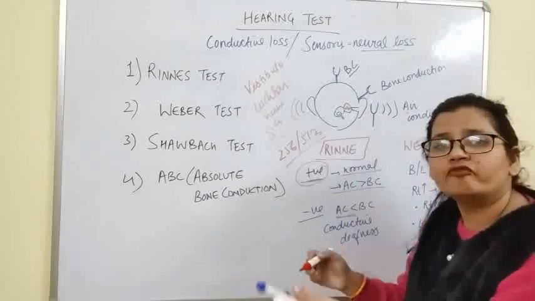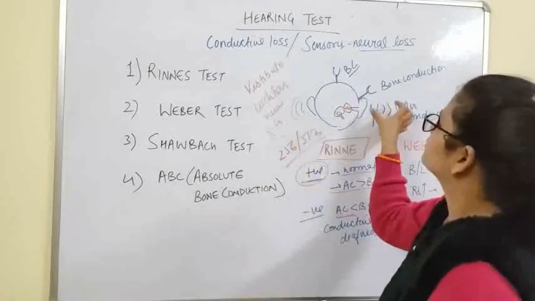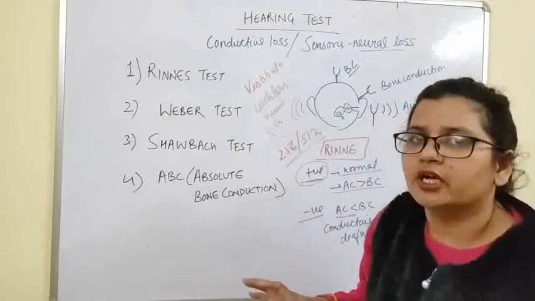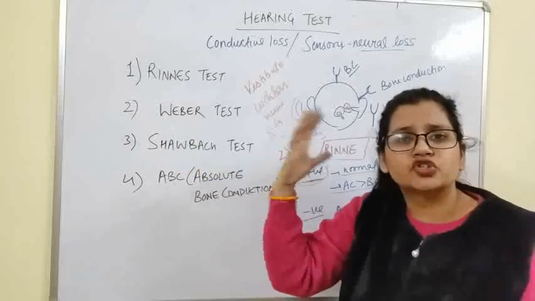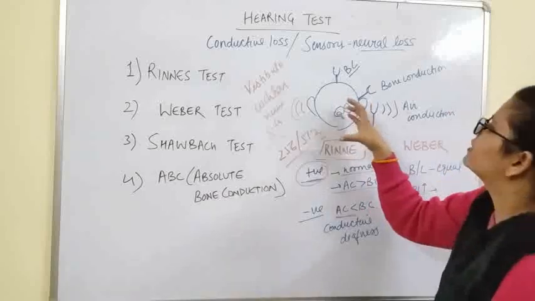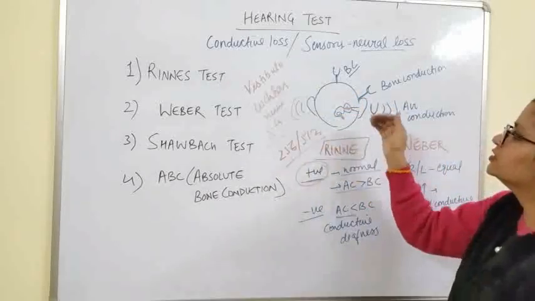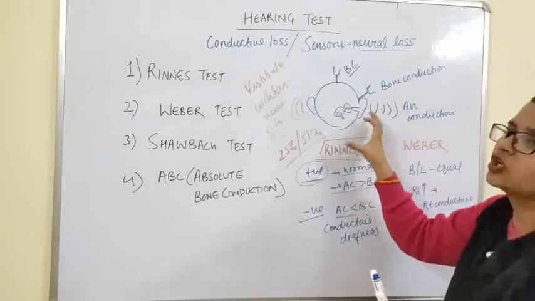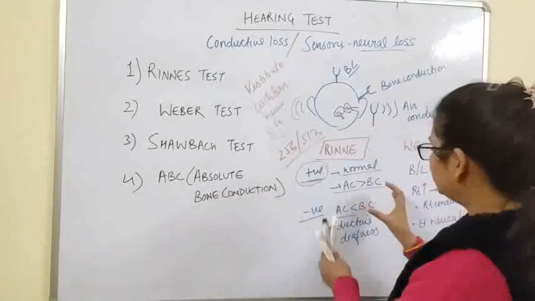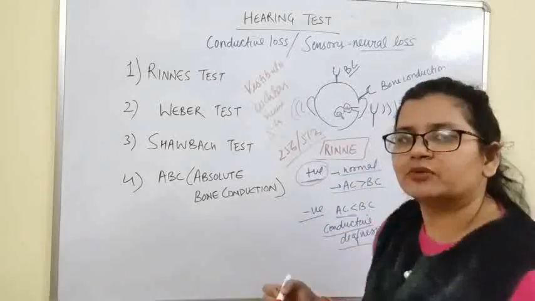Bone conduction is always more in one condition, when the air conduction is defective, because there are a lot of extra noises in the environment. If all those noises are stopped, we hear some sounds much louder, right? That is called the masking effect. If conductive deafness occurs, all the environmental noise is masked, and that's why bone conduction increases. So this is the condition where we have conductive deafness. That's how we interpret Rinne's test.